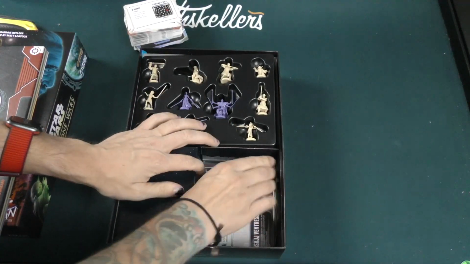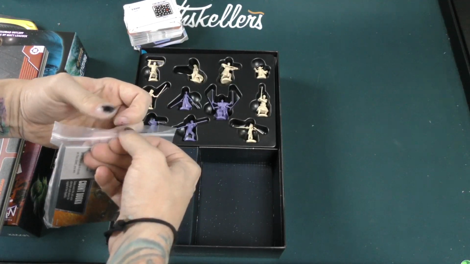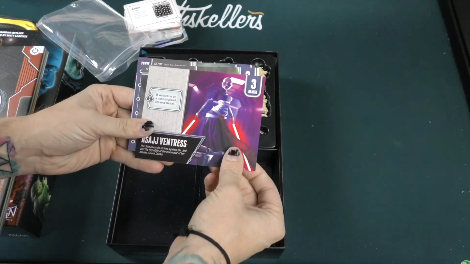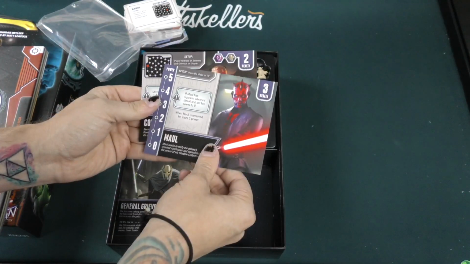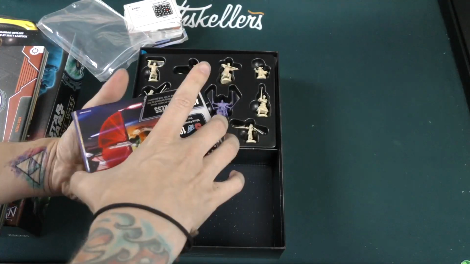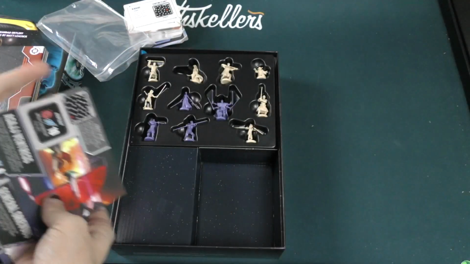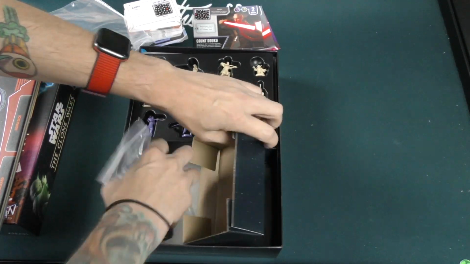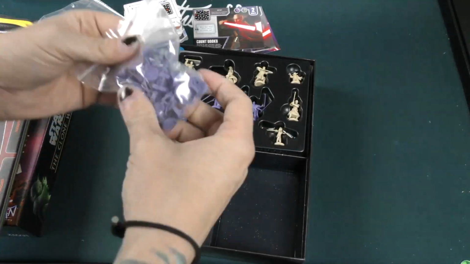Let's take a look at these character cards here real quick. Oh, these look like the bad guys that you're facing off against. So, different mission setups depending on which villain you're going to have for the game. Wow, that's cool. And I don't see any cubes. Where are our cubes at? Ah, here our cubes are. They are not cubes this time. They are little